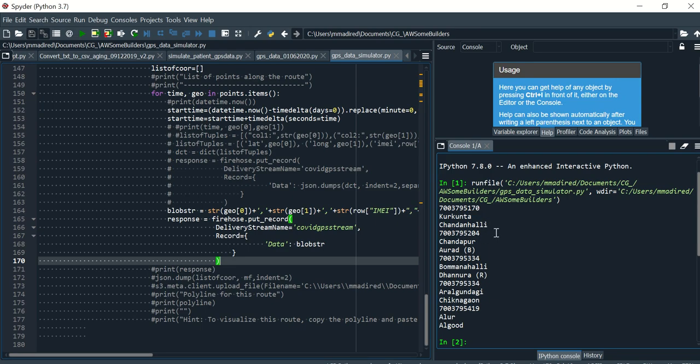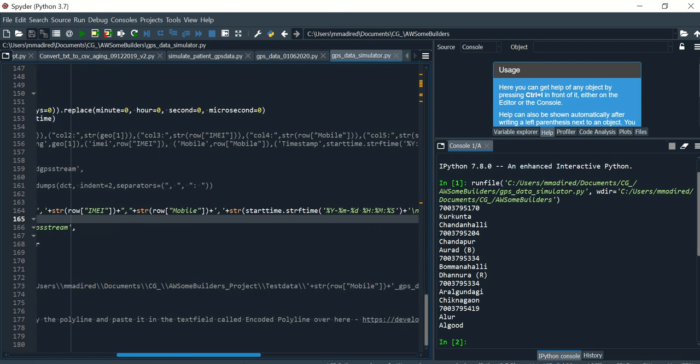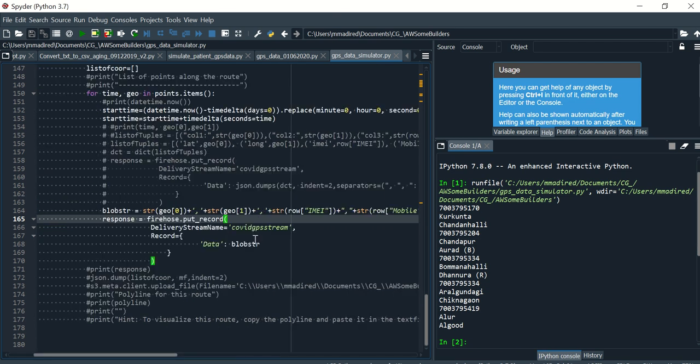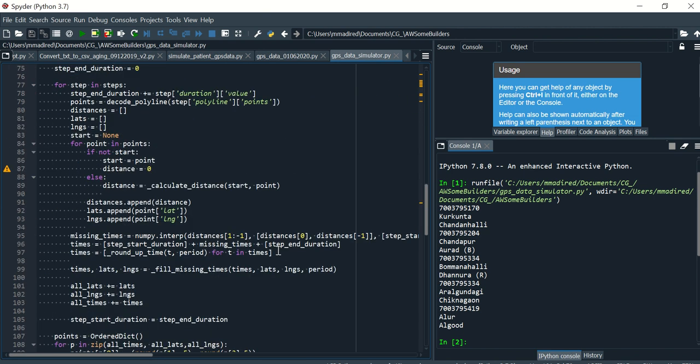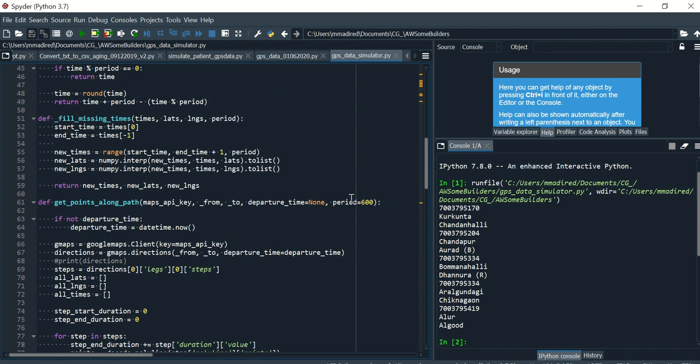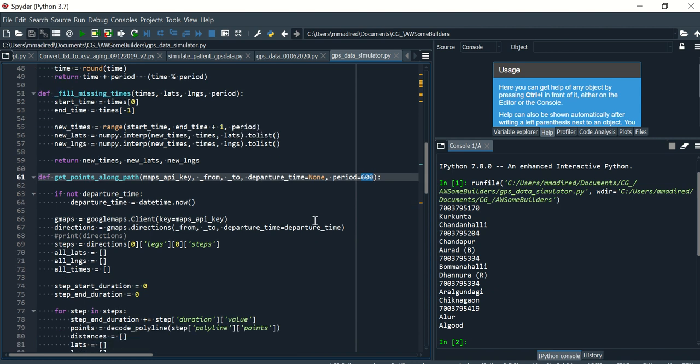Between these two locations, the GPS simulator would have generated the records: the lat long coordinates with the IMEI number, phone number, and timestamp. The timestamp and coordinates are generated every 10 minutes based on the configuration. We can even change this configuration from 10 minutes to 5 minutes, 1 minute, or any time interval.